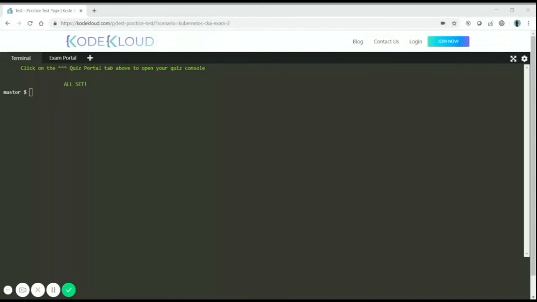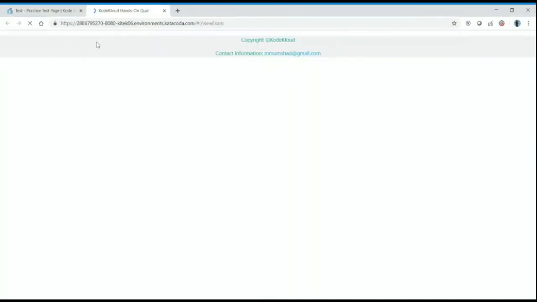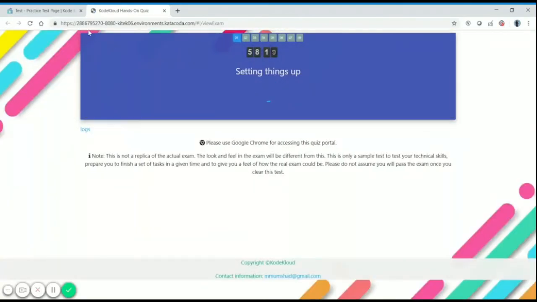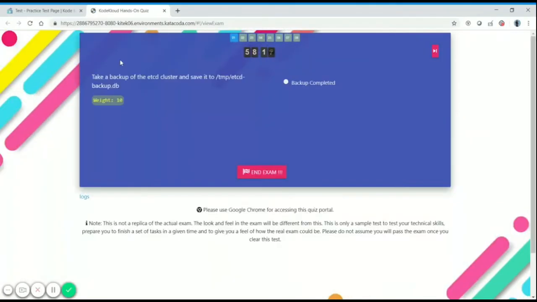Hello everyone. So this is the answer section for the CKA practice exam 2. So let's get started. If you click on the exam portal, it launches this UI, and as you can see,